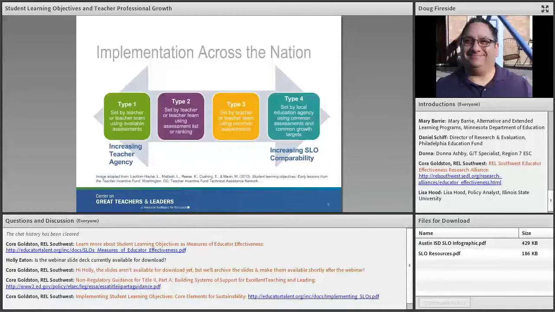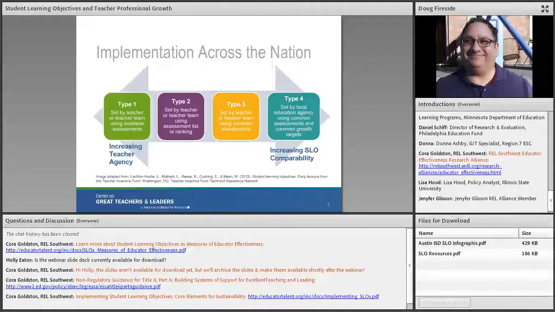And as we move up through where we go from sort of increasing teacher agency to increasing SLO compatibility or comparability, we see that some districts have taken sort of a more controlled approach to SLOs where they decide what the focus for the student learning objectives are at each grade and subject area. They decide what the pre and post tests will be like, and the district will often, in cases where the district is sort of exerting this increased comparability, they will actually decide what the growth targets are. I will also say